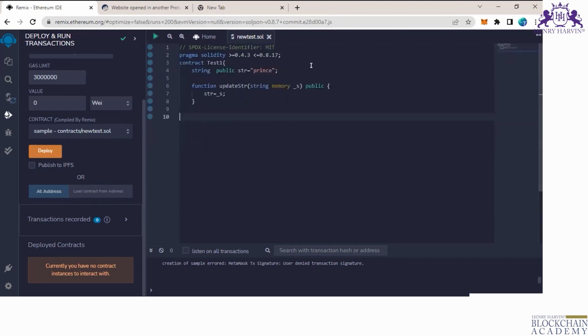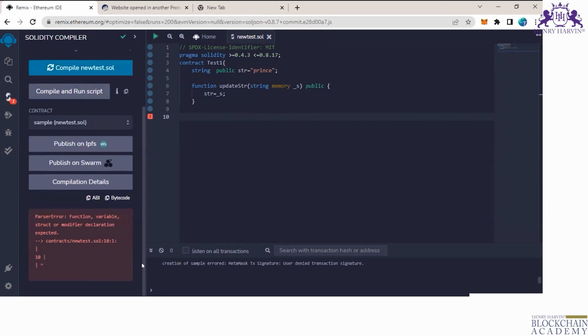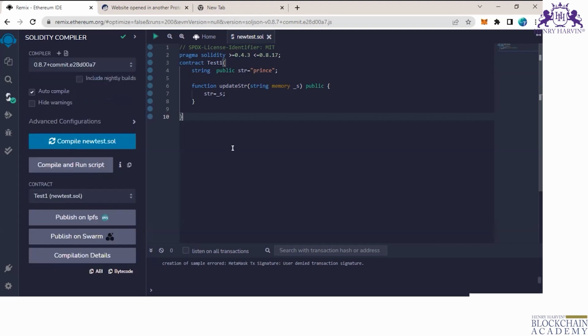Now you can compile it. Enable auto compile. Click on auto compile, then it will automatically compile. Yes, there is an error. What is the error? One bracket is missing. You can close the bracket. Okay, now it's fine. Then what you need to do is load my smart contract on the deploy tab